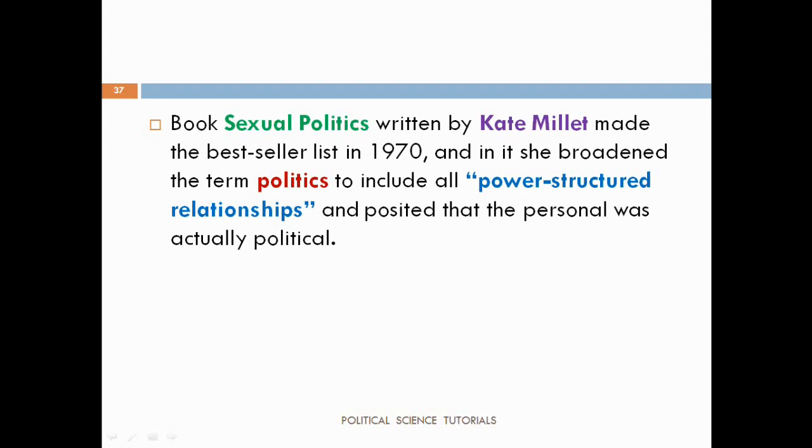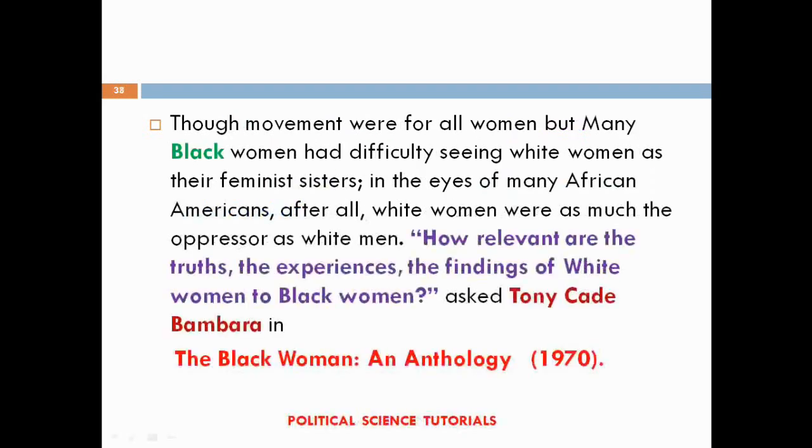But here one thing should be noted, that though it was a global movement, still all women could not associate themselves with these movements. As far back as the 1850s, Sojourner Truth, a black feminist, had seen white feminists as incapable of understanding their concerns. Her famous "Ain't I a Woman" speech was delivered in 1851 before the Women's Rights Convention in Akron, Ohio.